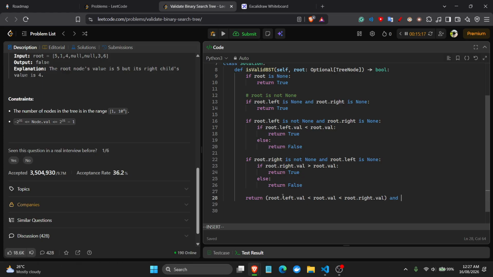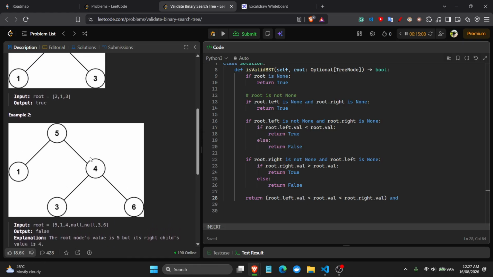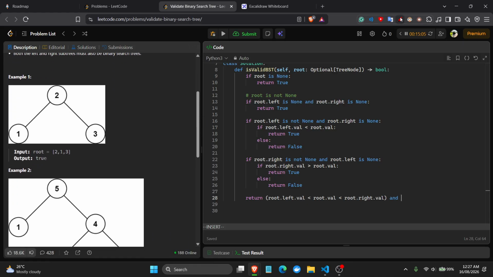and then I'm going to do it recursively, right? So the thing is this. Okay, I have compared this and this. Now I want to come over here. The way I do this, self dot is valid BST, I'll say root dot left, and self dot is valid BST dot